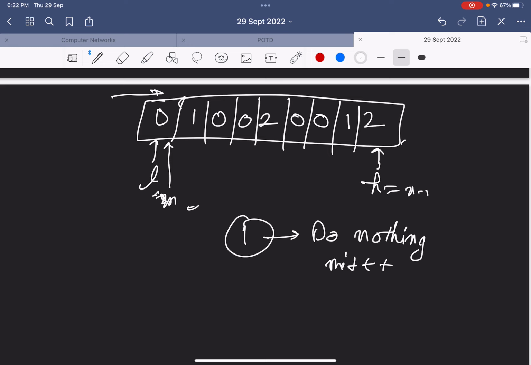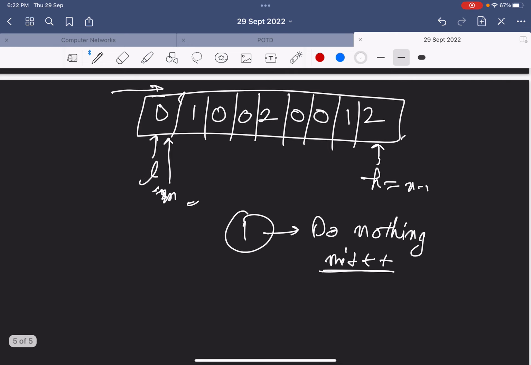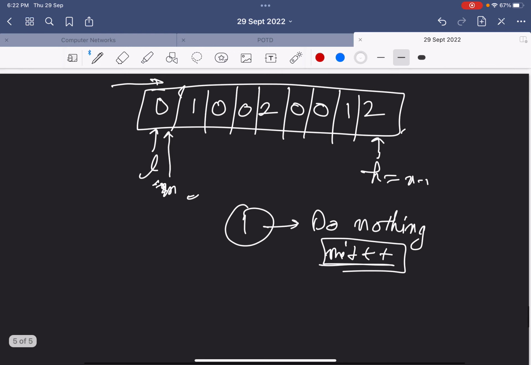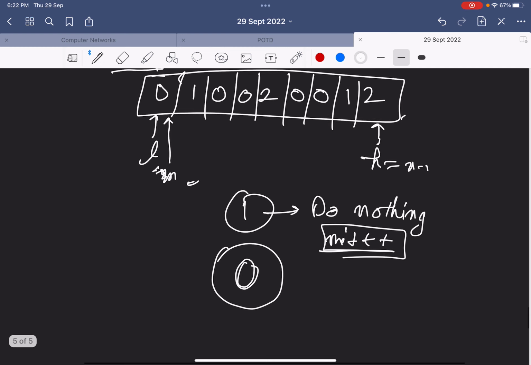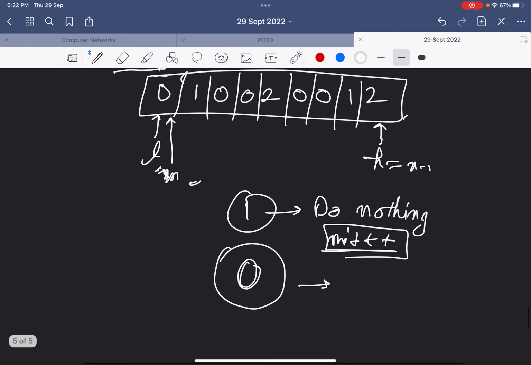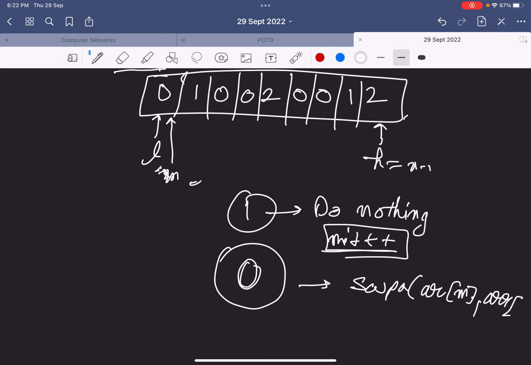I do nothing but just increment my variable m. And whenever I see 0, what I'll do, I swap the given value which is at index m and the value which is at index L. So what I'm saying is that